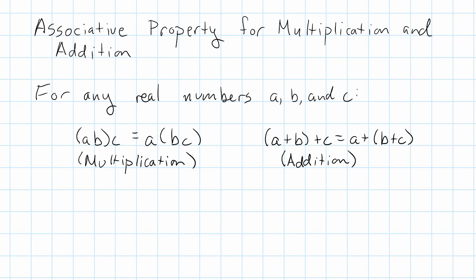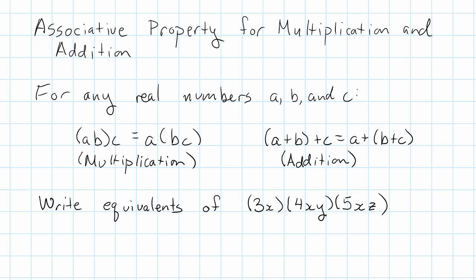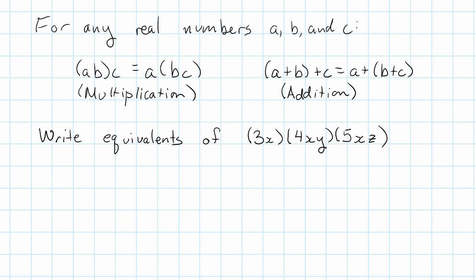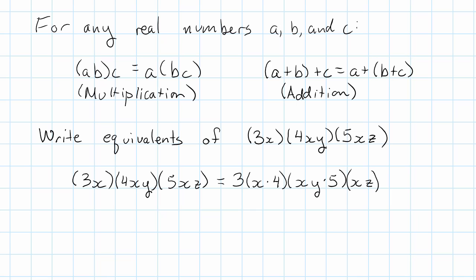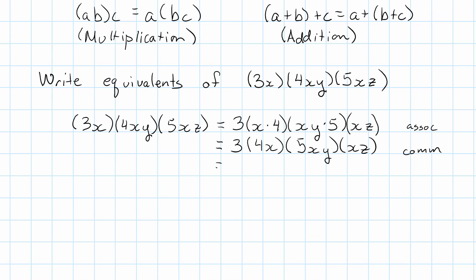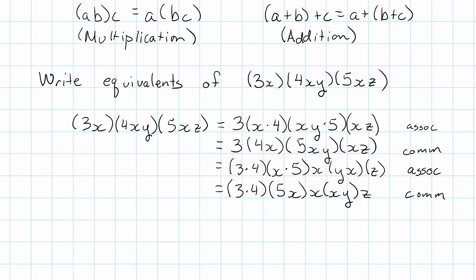We can use the associative property by itself to write equivalence, but it becomes really powerful when we use it together with the commutative property. So suppose we want to write some equivalence of this expression. Well, we could do this. First, we could move the parentheses as follows. And then we could use the commutative property to change the order. Then we could regroup again and change some orders again. And with one more change of grouping,